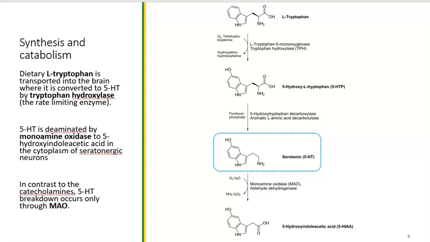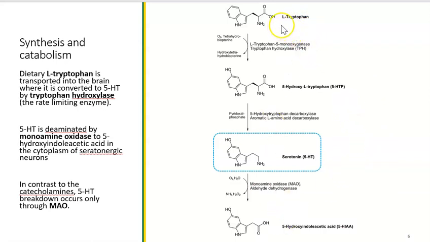So you're not going to need to know the chemical structures and how things change on the chemical structure, but you will need to know this flow chart of how serotonin is created and how it's broken down. So this image on the right, you're going to really want to know. So we're just going to walk right through it, and it might seem like I'm just reading it off, but it's very important, so I need you to really understand